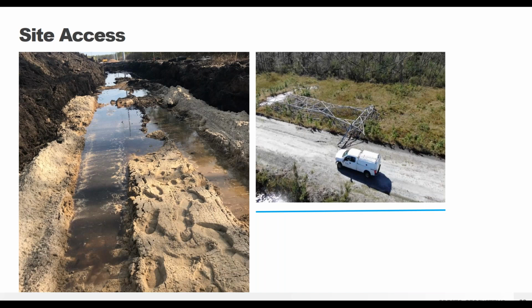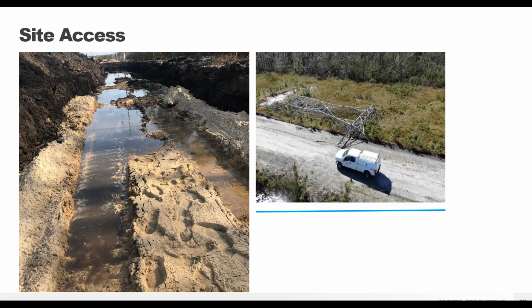This was another site access project. It was for Duke Energy down in Florida, and they needed to install some new transmission towers through a wetland area. There were some really high winds from Hurricane Michael. It demolished over 100 towers, all of which had to be restored into this extremely soft subgrade. And you can see how deep those footprints are, all those boot prints. If you can imagine how easily a person is sinking in this environment, there's no way you're going to get heavy vehicles through there without massive rutting.